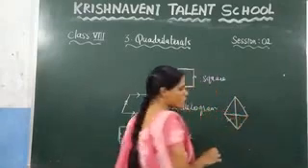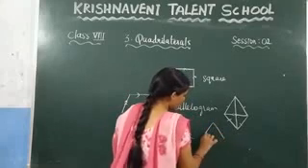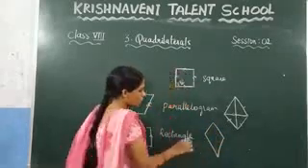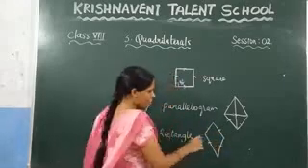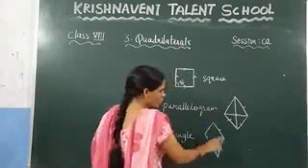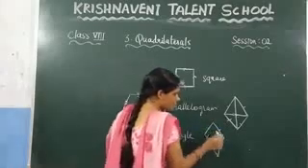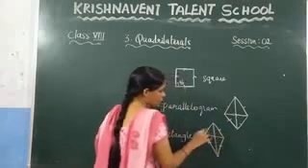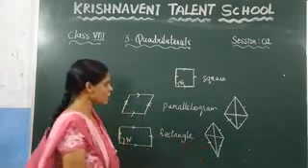Now, see the last type of the quadrilateral, which is nothing but the kite. Here, you can observe that this one we call a kite. And here, only the adjacent sides are equal in length. That means this length and this length are equal, and this length is equal. Not all the sides are equal in length, but these two sides are equal and these two sides are equal. And here you can observe that there is no condition about the angle, and this one we call a kite.